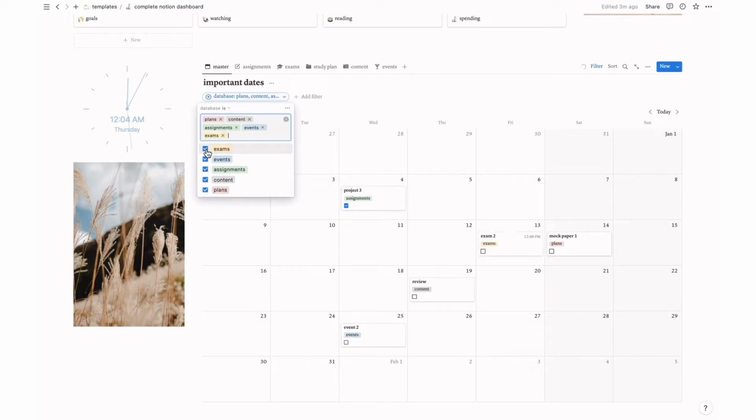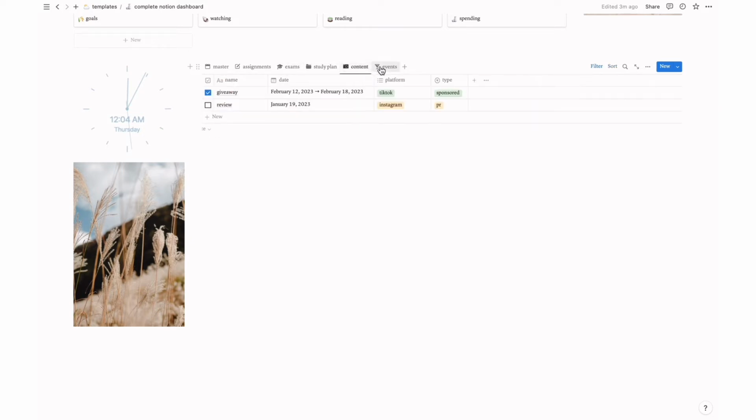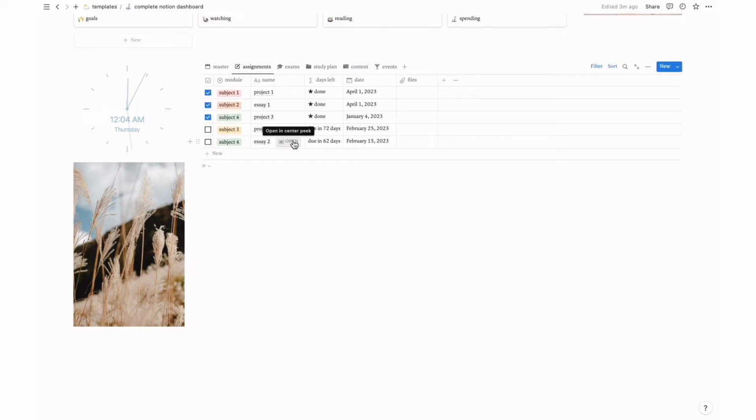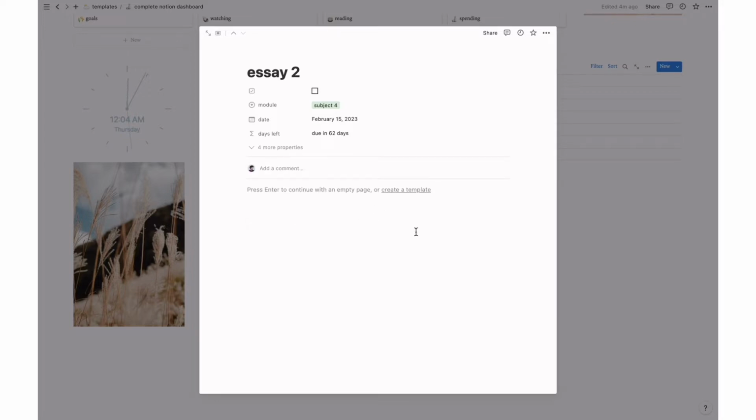Now all these tabs are technically in one big combined table, but because of the filters I've added in each tab, I managed to separate them how I like. So here in the assignments table, I have the table filtered for assignments, and this because I have a hidden property here called assignments. Here you can see all the other properties that I use for the other tables, so all the tables are essentially the same table, just filtered differently and with different hidden properties. The only thing in common is the date property, so that it shows up on the master calendar.